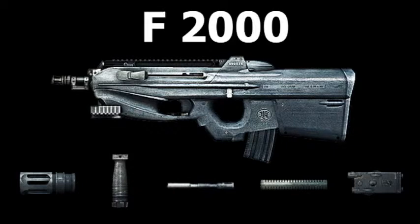I want to do this because if you look at simtech.com, which I think many of you know, you're going to see how one attachment affects a weapon, but not how combinations of attachments affect a weapon. So what we're going to do today is look at recoil patterns. If you're looking for a gun review or stuff like that, I'm not going to do that. I'm simply going to look at recoil patterns, and we're going to figure out which attachments you want to use with the